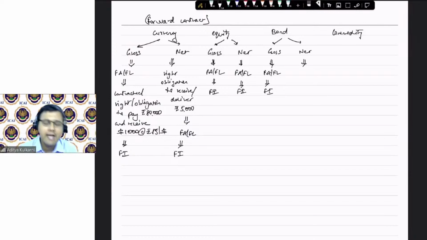Similarly, if I tell the counterparty, don't give me the bond, the differential in the prices is 100 rupees, you just pay me 100 rupees and I am done. This is now giving a contractual right to receive cash worth 100 rupees. Will this become a financial asset, financial liability? Answer is yes. And therefore, bond net derivatives also sit under your financial instruments definition.